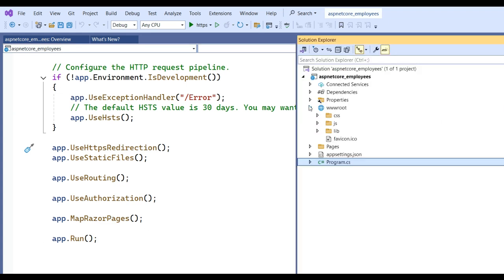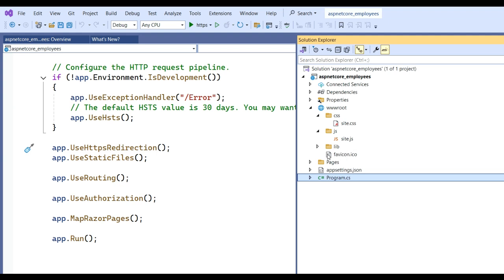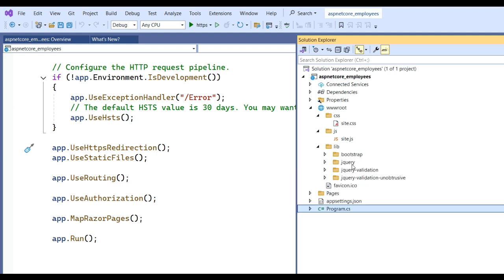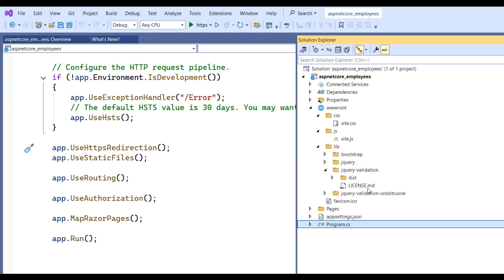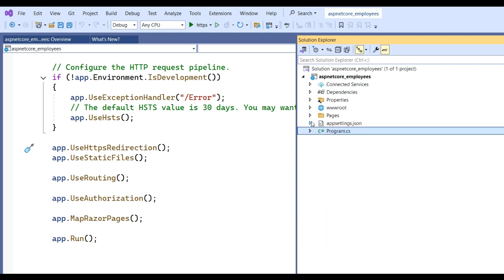And here you can see that is the root folder. In the root folder there are CSS, JS, and library files. You can see site.js, and the libraries: Bootstrap, jQuery, validations. You can see jQuery validation and more. And